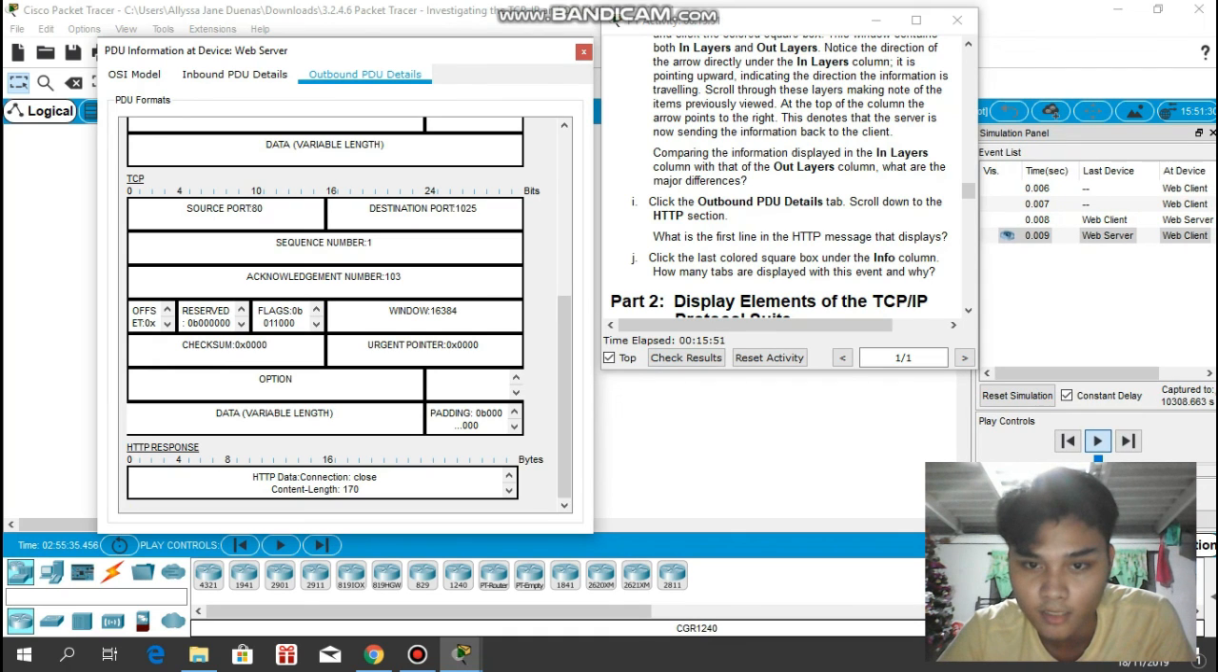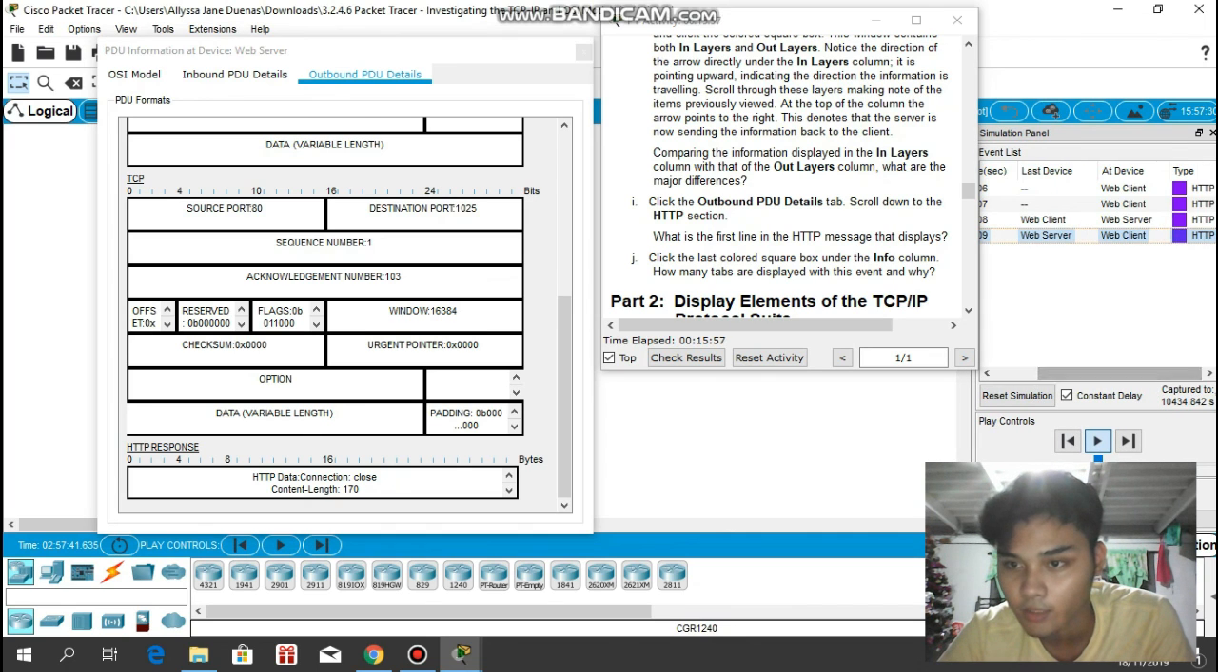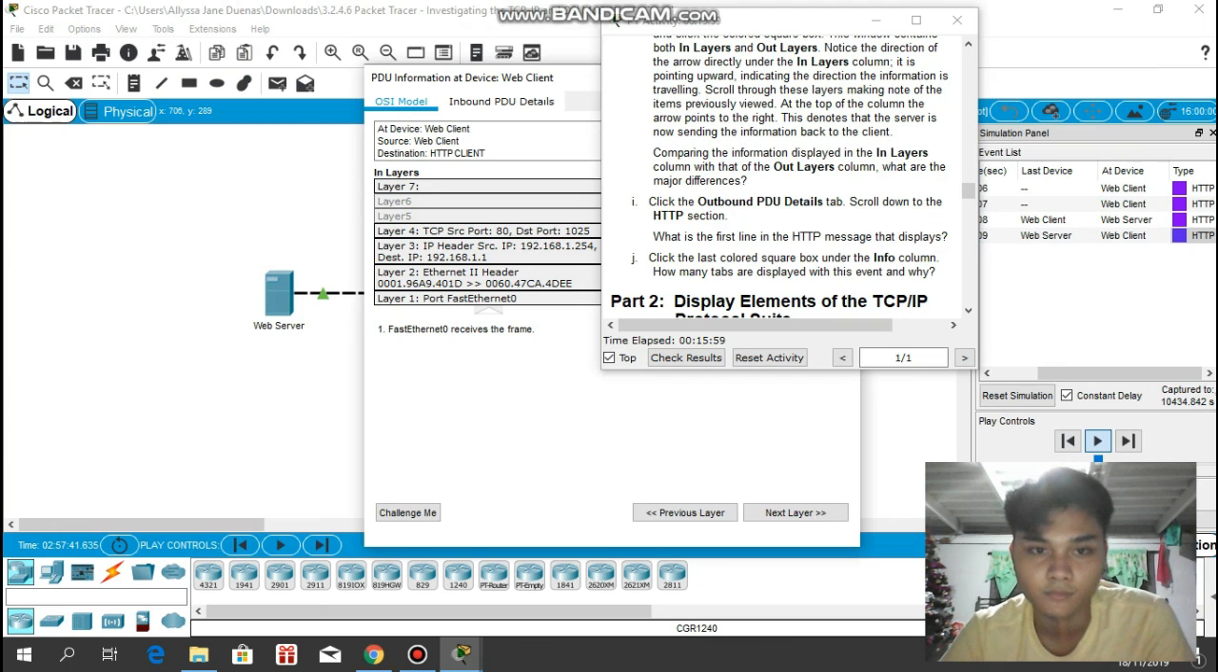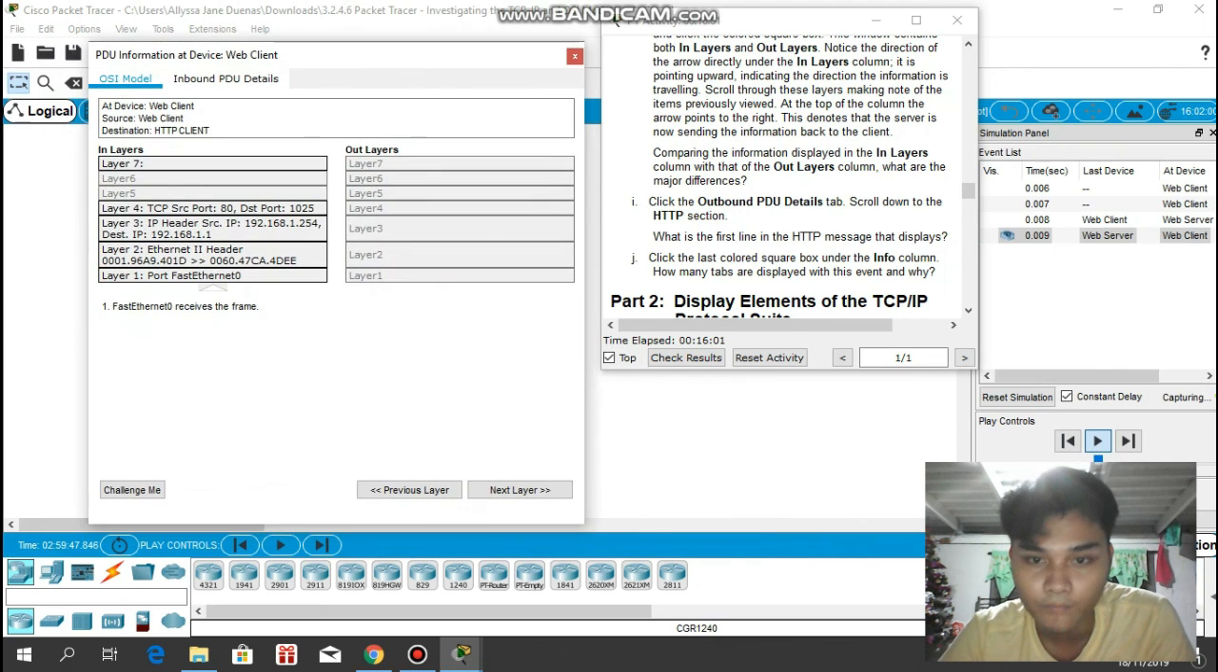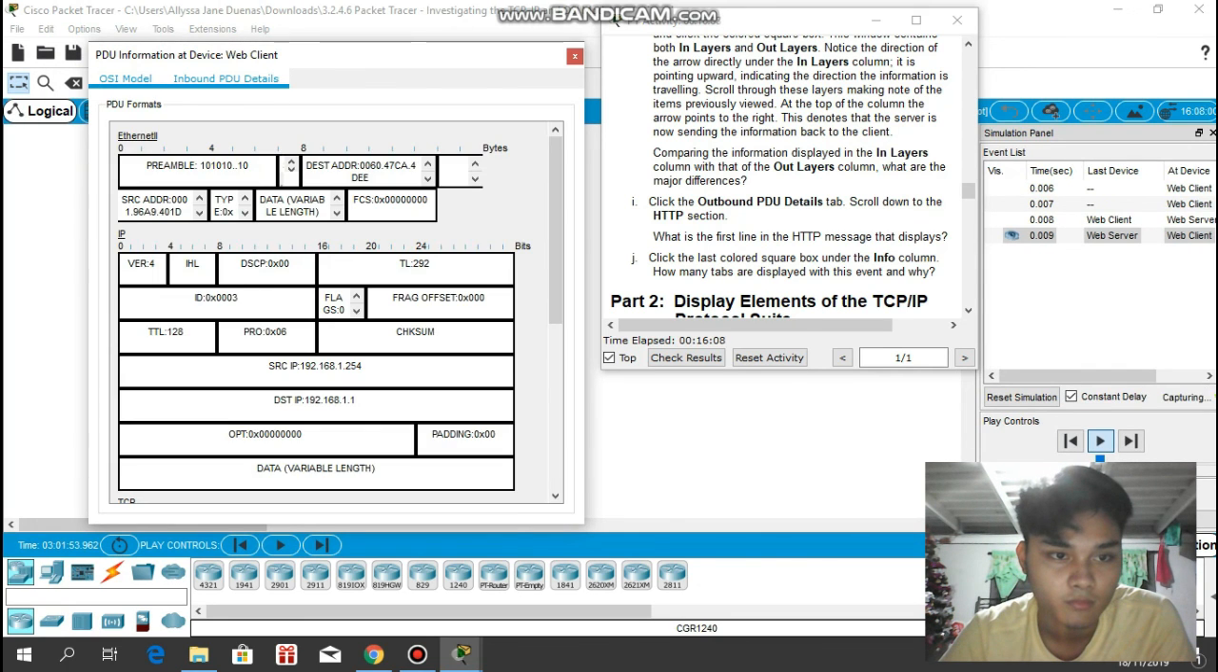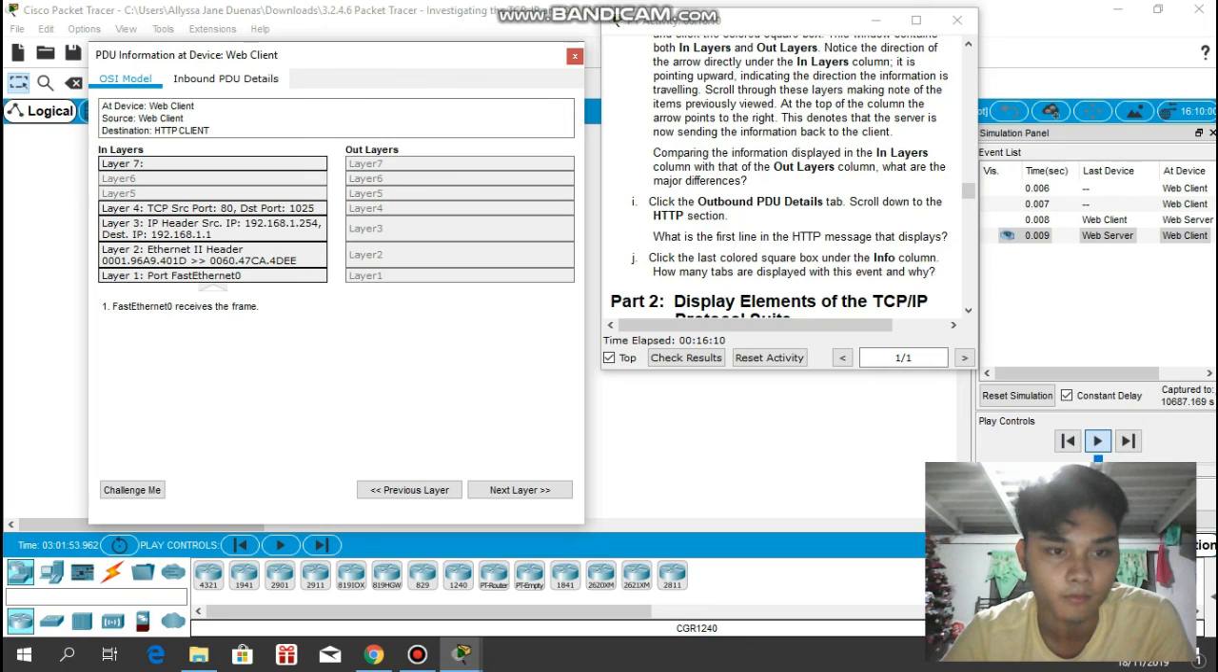So click the last colored square box in the info column. How many times is it displayed with this event? We will click the last. So as you can see, how many times is it displayed? We have